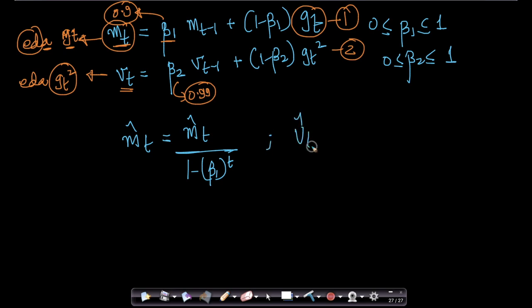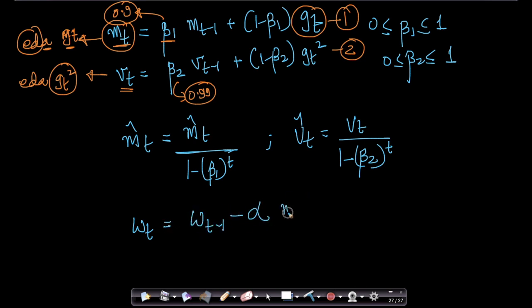And v hat t is vt by 1 minus beta 2 to the power t. This is the exponent, the power t. Now your wt becomes wt minus 1 minus alpha times m hat t by square root of v hat t plus epsilon. If you look at this, it looks very much like your Ada delta and Ada grad, except that,